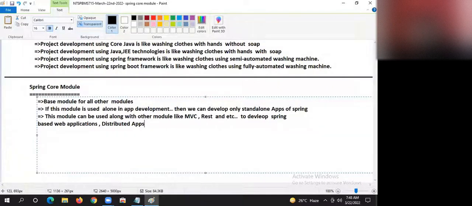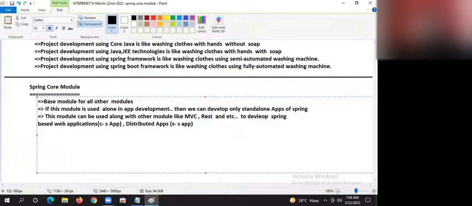What is a distributed application? The people who missed the initial classes, please start watching the videos, right? I have given crystal clear clarity on the difference between a web application and a distributed application. Tell me, what is this? Client server application, right? What is this? Server to server application. I hope you are convinced of that.